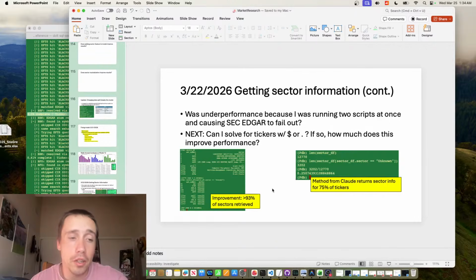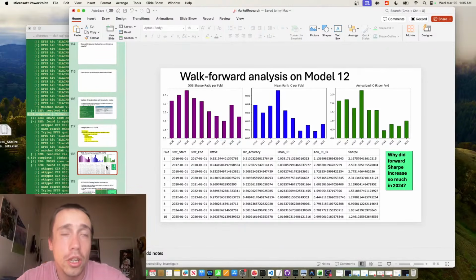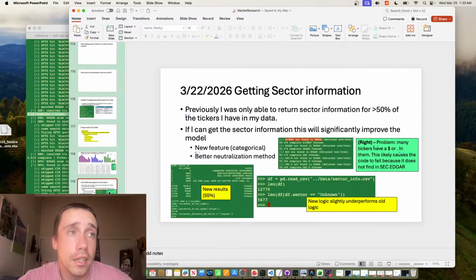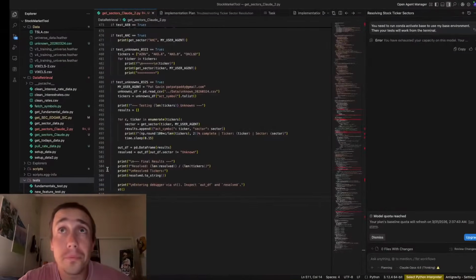What I am able to get a good model on is 5 day returns, so predicting the returns in 5 market days. That's what this model's doing, and it's performing really well on that. And then I went ahead and did the same model for 20 days, so that's going to be just under a month. And so I'm going to paper trade both of those for a month, and then if they're performing well on every metric, I'm going to go live with them. But before I can do that, I need to get this sector information, and I need to get these final 300 sectors.